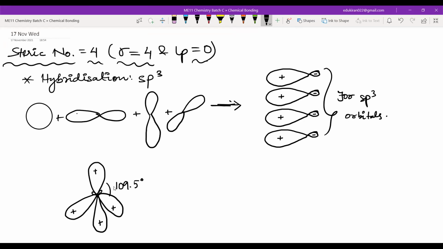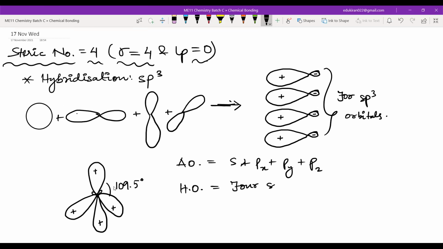Now, what did we do after this? Please see your notes and tell me. After we are done with the hybridization and we have got the angle, what did we do? Atomic orbitals. Yeah, exactly. So we have to write the atomic orbitals. What are the atomic orbitals that are taking part? S, and there is Px, I will write, plus Py and Pz, all of these 3p. Okay, there are 1s and 3p. Then you will have the hybrid orbitals. So what hybrid orbitals are formed?